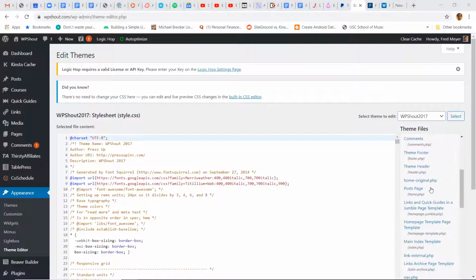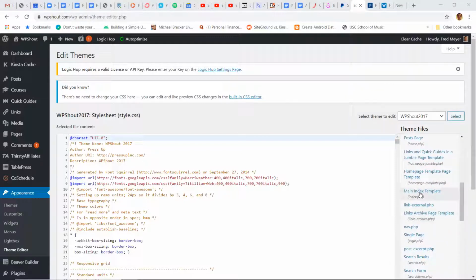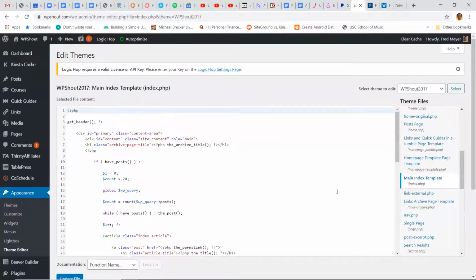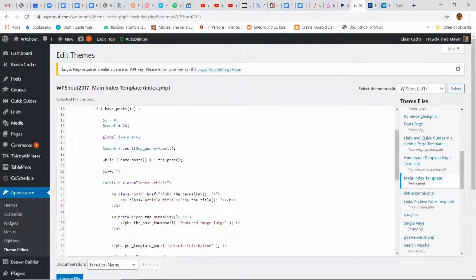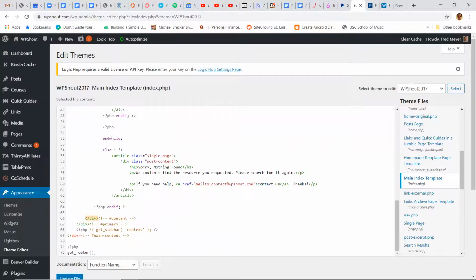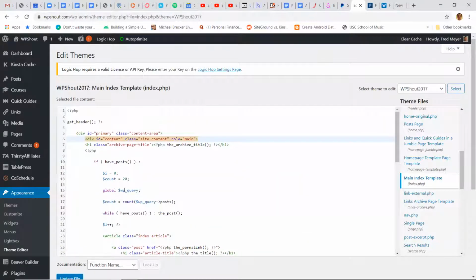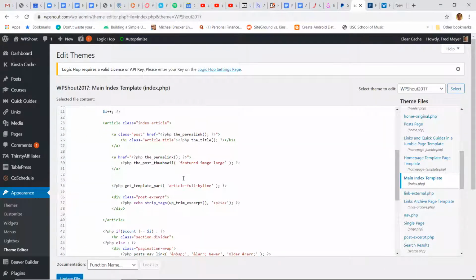We built this theme from scratch essentially, and this is how our index.php looks. We did all this custom stuff in it to make the WP Shout homepage look the way it looks.